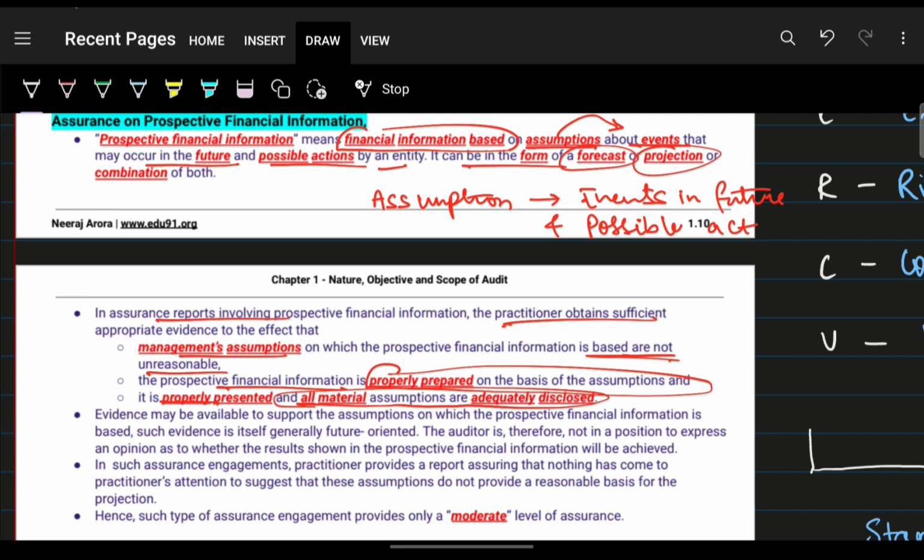And next, it should be properly presented, and all material assumptions that have been taken are properly disclosed. Okay. Next,